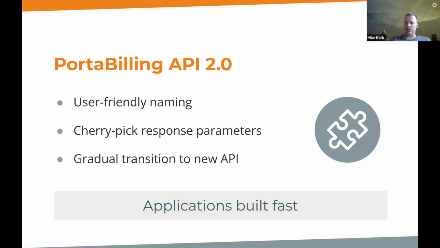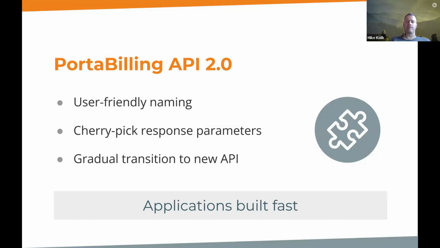Now, the database was introduced more than 20 years ago, and we have some names in the database which do not really fit the modern telecommunication world. So the main purpose of this new API is to make all the naming more user-friendly, so it would be easier for your in-house developers, and for third-party developers that you may hire, to understand which methods to call in order to get some work done